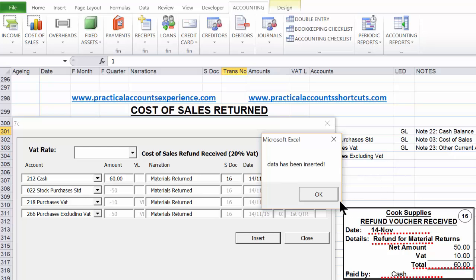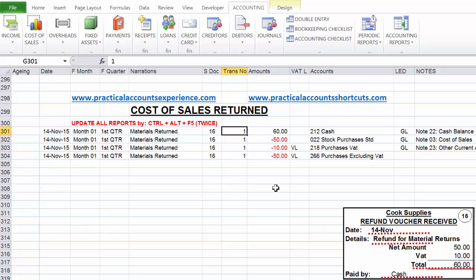Now you can see behind that the data has been inserted. When we click OK, the form is closed, and this is our information on the screen: the date, the month, the quarter, the narration, document number, transaction number is auto-generated. We have the amounts in there. 60 is debited to the cash account. The minus 50 is credited to stock purchases account since its